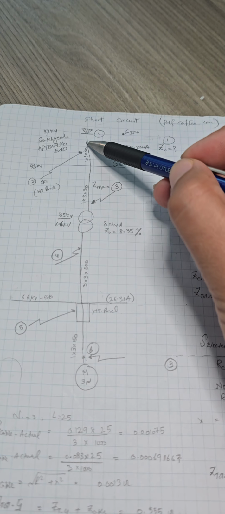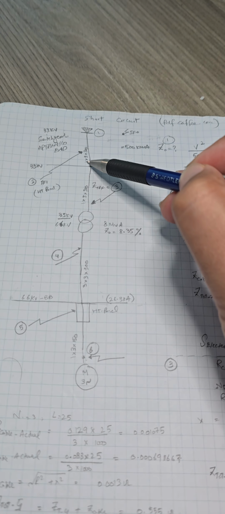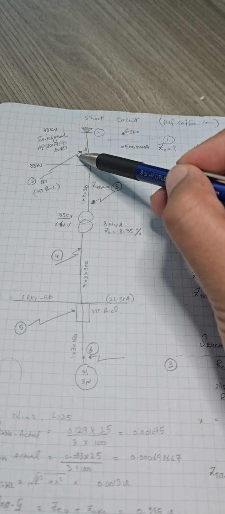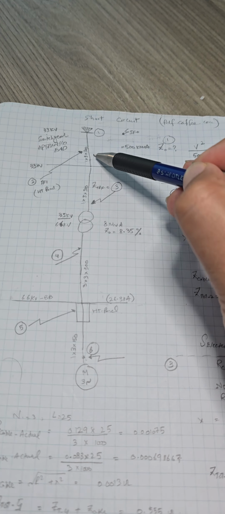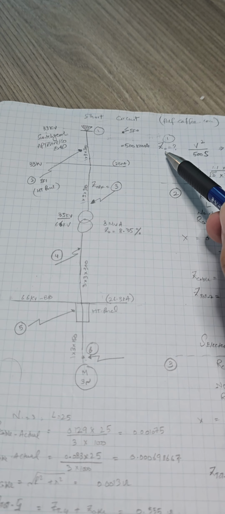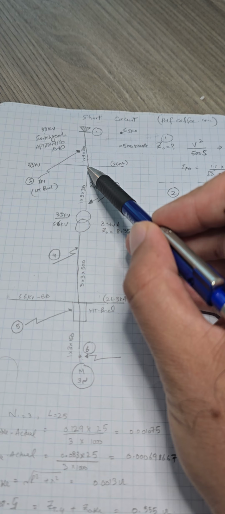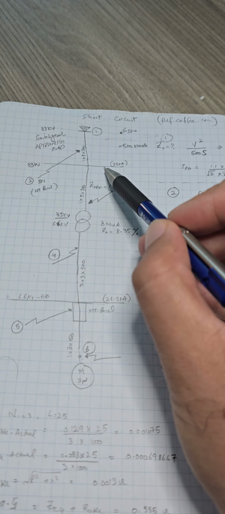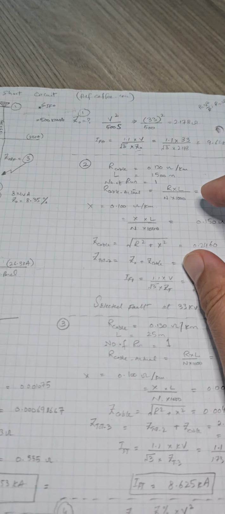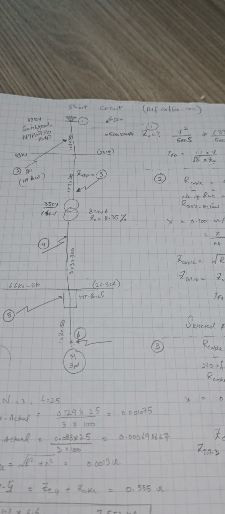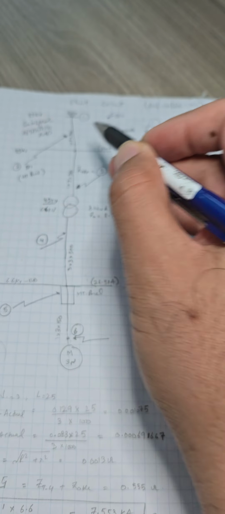So we have one cable that is connected via 1 cross 3 cross 300 square millimeter. I have the data sheet and the characteristics of this cable just to find out the Z, as we already calculated, and then we have a bus bar of 33 kV. So to find the short circuit current at point 2, that means at this point,